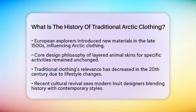In more recent times, the reliance on traditional clothing has decreased due to lifestyle changes in the 20th century. However, there has been a cultural revival in recent decades. Modern Inuit designers are blending historical techniques with contemporary styles, creating garments for both ceremonial use and fashion. This revival shows how traditional Arctic clothing continues to be relevant today, serving as both practical gear and a symbol